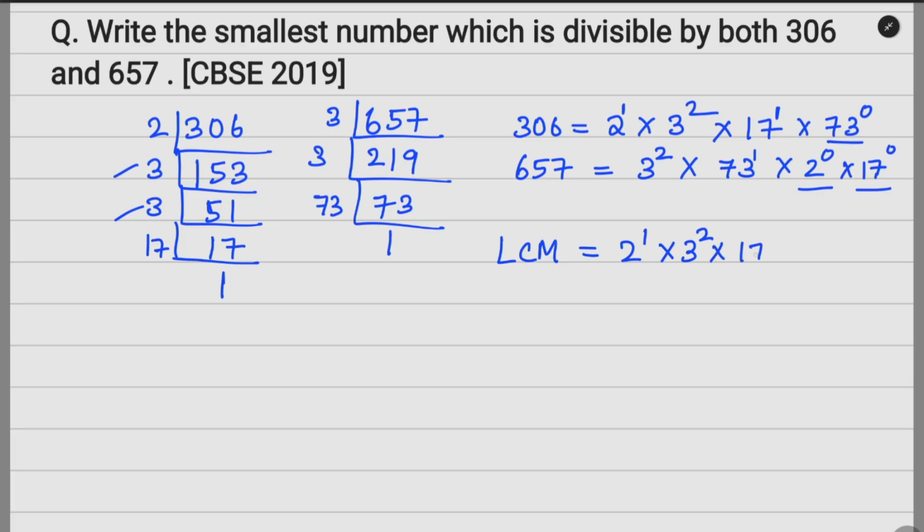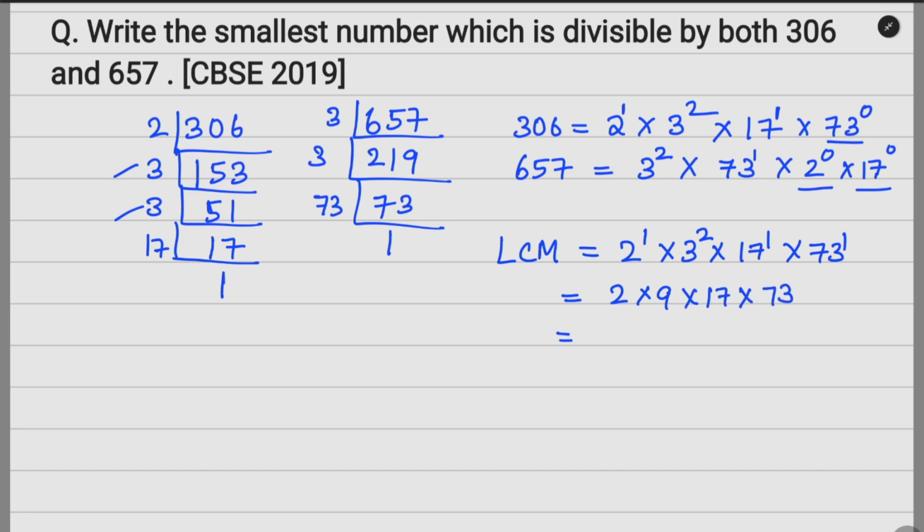Among both the numbers, 306 and 657, you have to see for each and every prime number the highest power. Multiplied by the other factor, 73 raised to the power 1. So if you multiply all of these, 2 multiplied by 9 multiplied by 17 multiplied by 73,